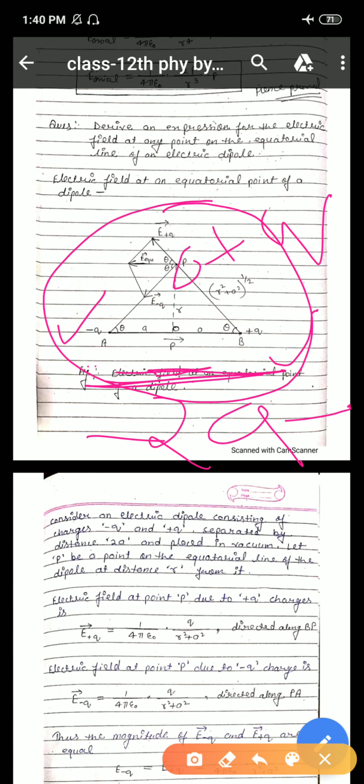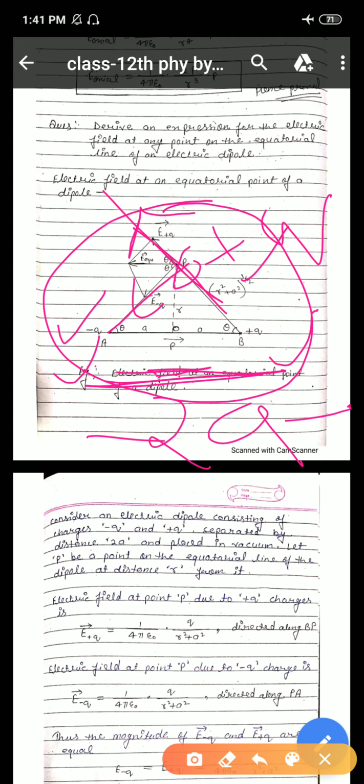Like charges repel each other, and unlike charges attract each other. Then see, this one is the positive charge and this one is the negative charge. Then both charges attract each other. So direction of electric field is in this direction. Is it clear? Now here this one is the plus q and this one is the plus q. Like charges repel each other. Then the direction of electric field is this. Is it clear?